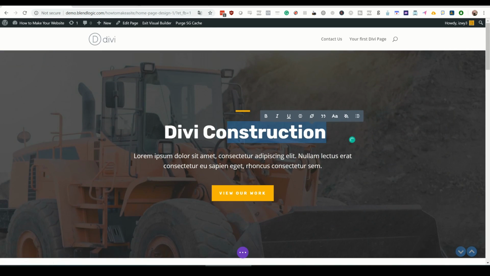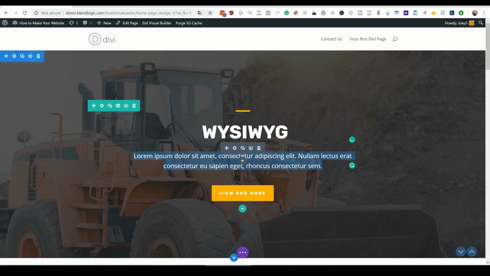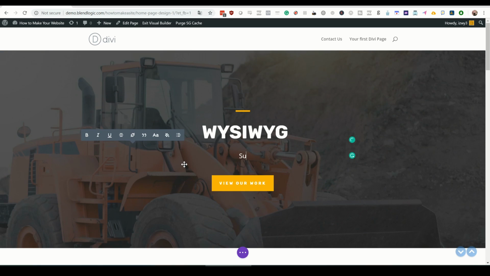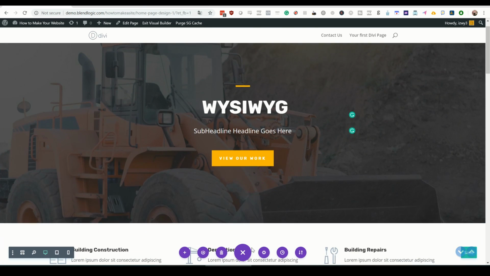And then another cool part is this: what you see is what you get editor. If I simply type in whatever I want, I'll just put what you see is what you get acronym, and that can go there. I may have messed that up, but you can see here, I'm simply typing in what I want to type. And from a web developer standpoint, this is a dream. No coding involved, saves time.